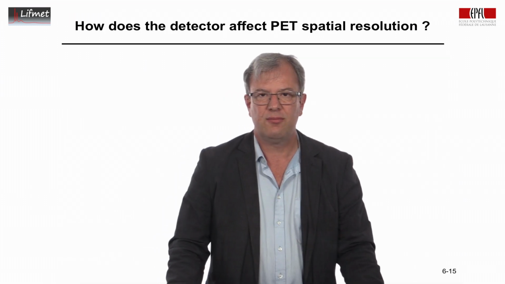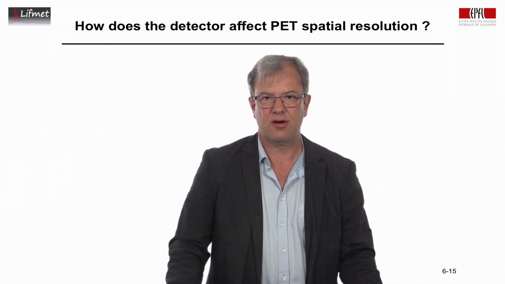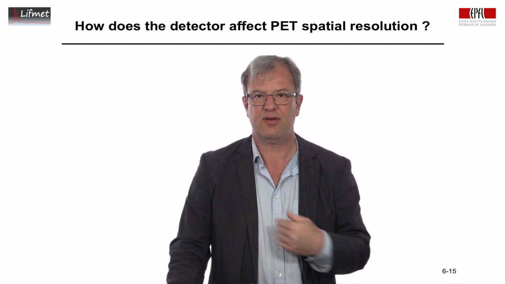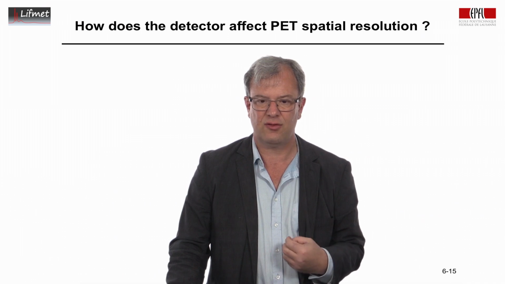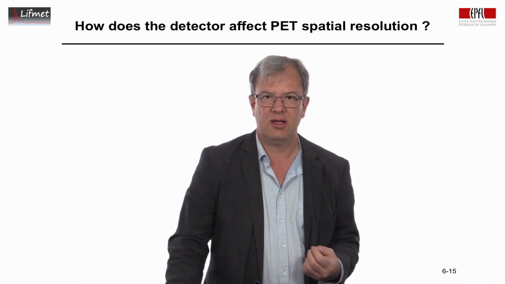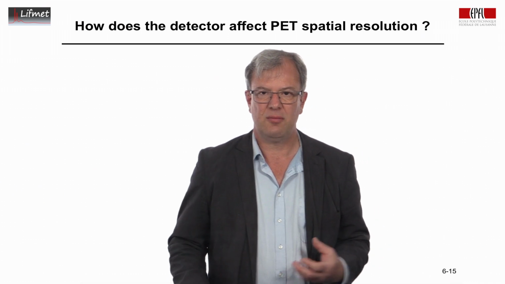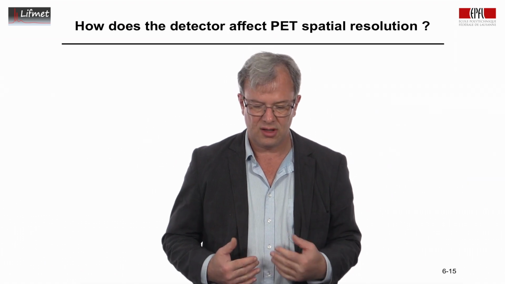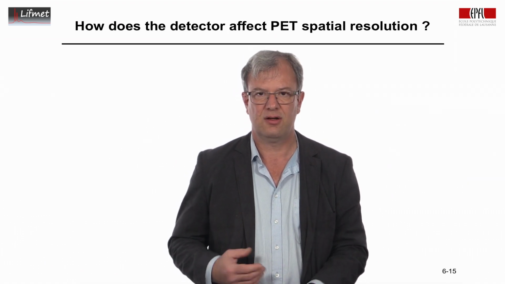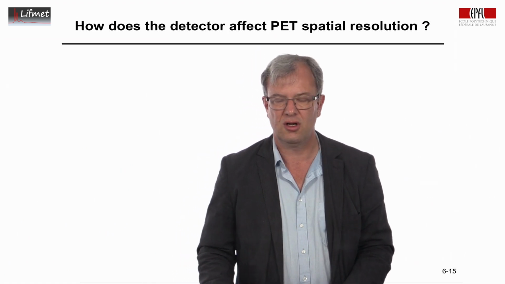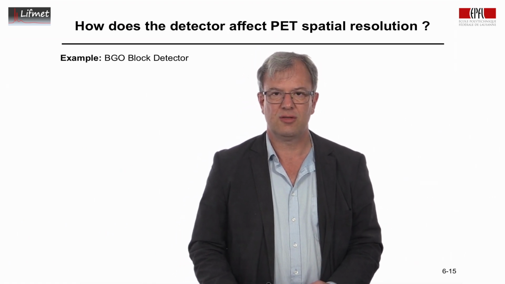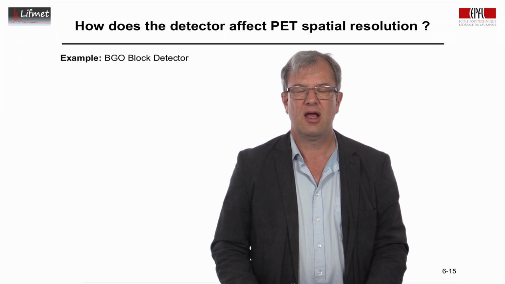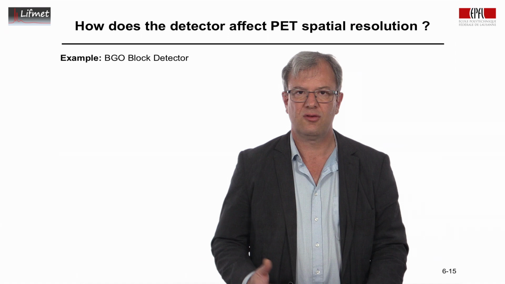Now, we have said that the detection of X-rays for positron emission tomography, the methodology that's used, that is scintillation followed by amplification with photomultiplier tubes, is the same as for SPECT. And as you might remember, the photomultiplier tubes have a certain dimension, the scintillation crystal has to have a certain thickness, and this is the question: how does the choice of the detector affect the spatial resolution of the positron emission tomography scan? So let's take as an example a BGO block detector. I'm bringing this example to also put some numbers on